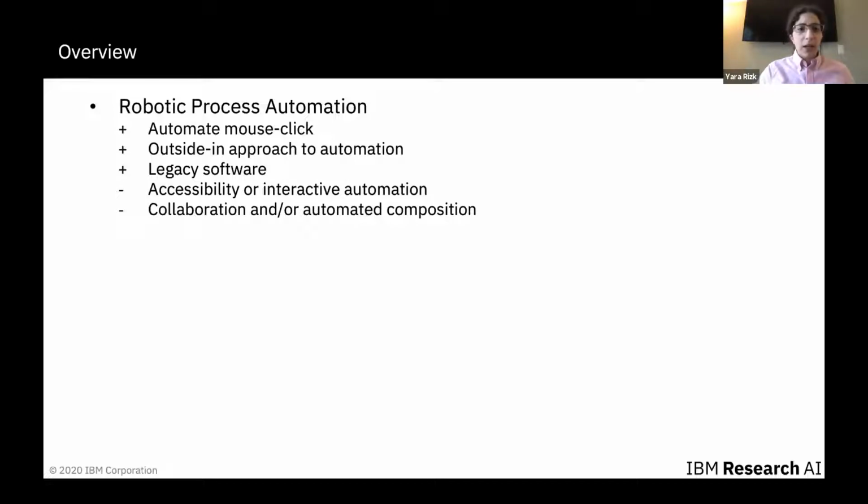And so even though it has many advantages, there are a few disadvantages that include its lack of accessibility or interactive nature, especially for business users who may not be tech savvy. And also it doesn't allow a lot of collaboration between the different RPA solutions. So it's a bit difficult to compose RPA solutions into more